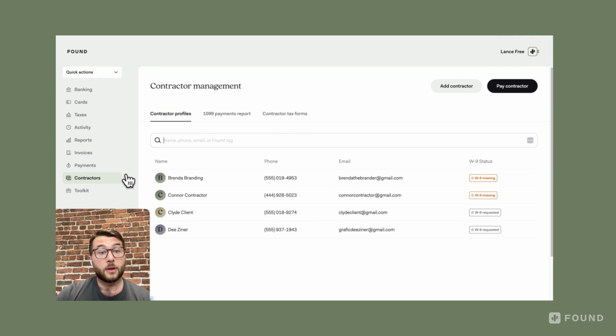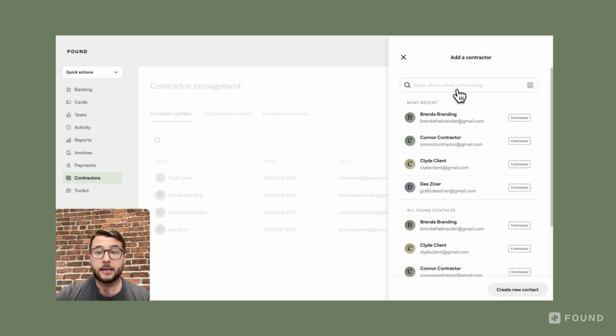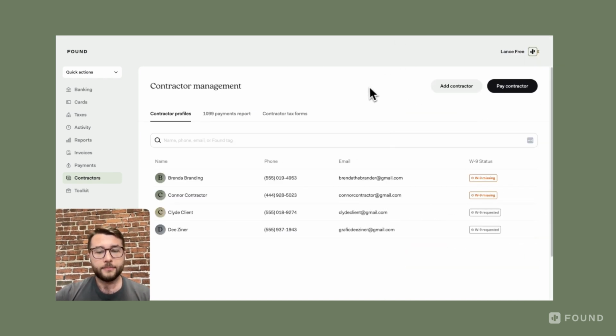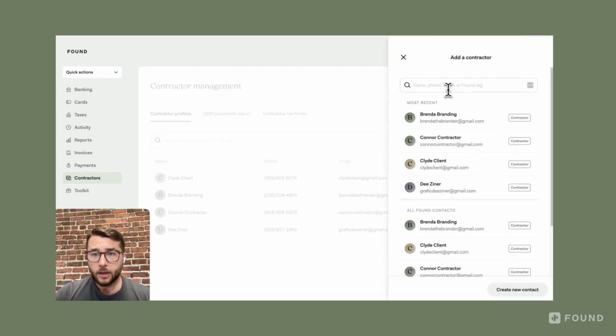Found also makes it really easy to add, manage, and pay contractors that you're working with as part of your small business. So you'll see here I already have a handful of contractors as part of the Contractor Management tab, but it's also fairly easy to add a contractor. If I'm just getting started, it's really easy to add a contractor simply by creating a new contact,